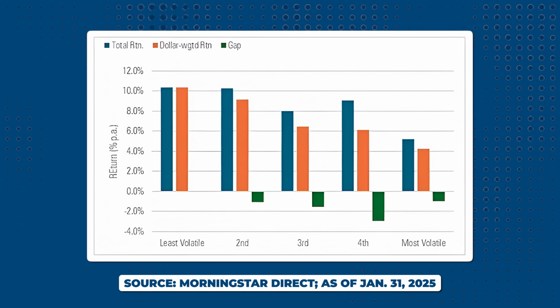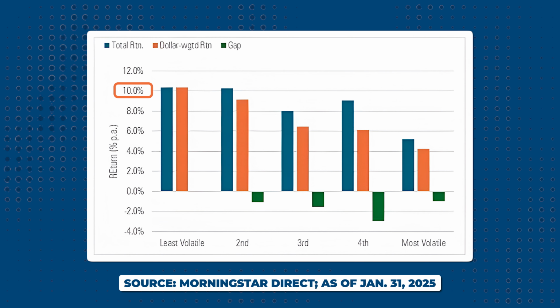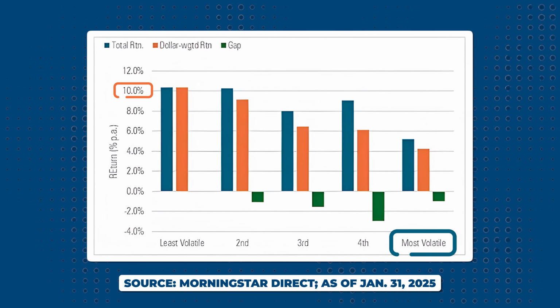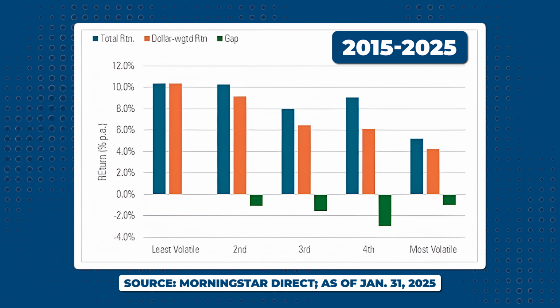And you can see over on the left, the least volatile funds, the fund and the investors both got about 10%. On the far right, the most volatile funds actually had lower returns, and more importantly, the investors had about half that amount of return, right? Those green lines show the amount of loss in those things. So it's interesting as I take a look at this in that fourth quartile, right? The fund returns were actually pretty decent on a relative basis, but the investors in those funds, right? That orange line in there, they got less. And you look at those orange lines going from left to right, the more volatility, the more money went in and out of those funds, the lower the investors did, right?